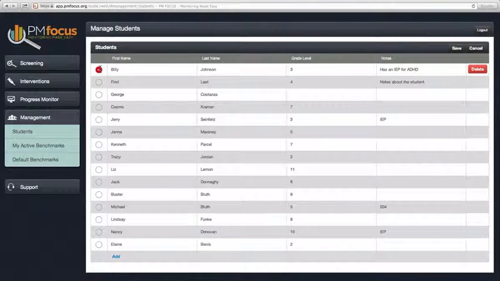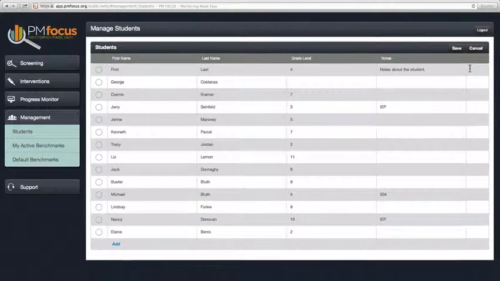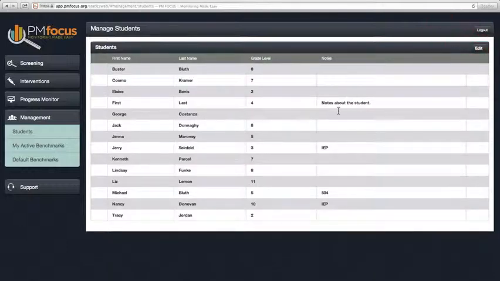I can also delete any students that I'd like by clicking on the circle on the left and selecting delete. And then of course I want to click Save to make sure I save that information. The next step that I want to do is identify, if I'm going to be doing any screening of students